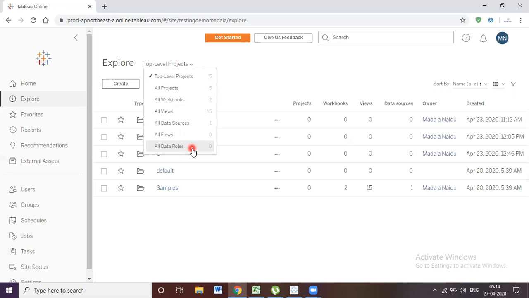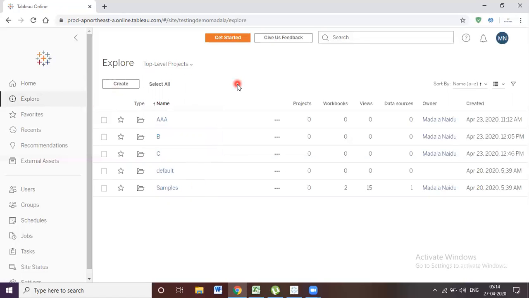And all data roles, see, this is also a new feature. I haven't explored more on this, but I can give some ideas. It is about any fields or invalid fields in the flow site, mainly for the Prep flows you have created. You set the data roles while working with Tableau Prep, and you publish those data roles to server, indicating whether the fields are valid or invalid. That kind of information will show here. Okay, so this is all about Explorer.